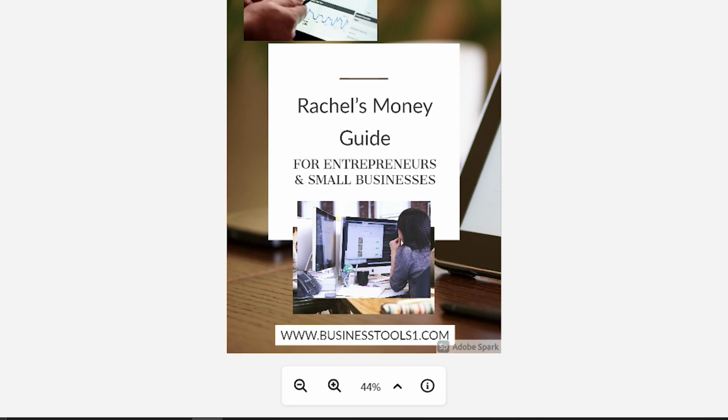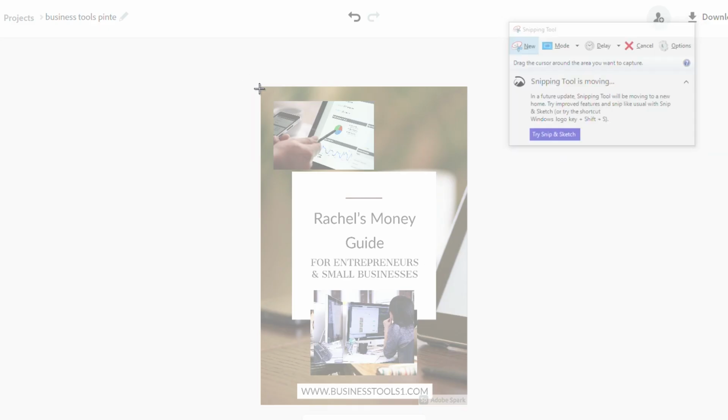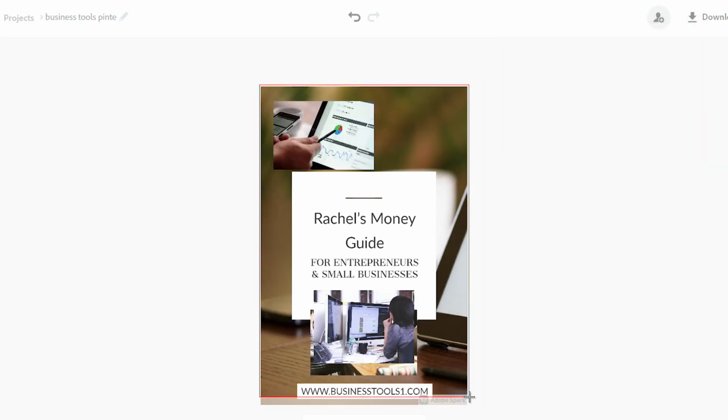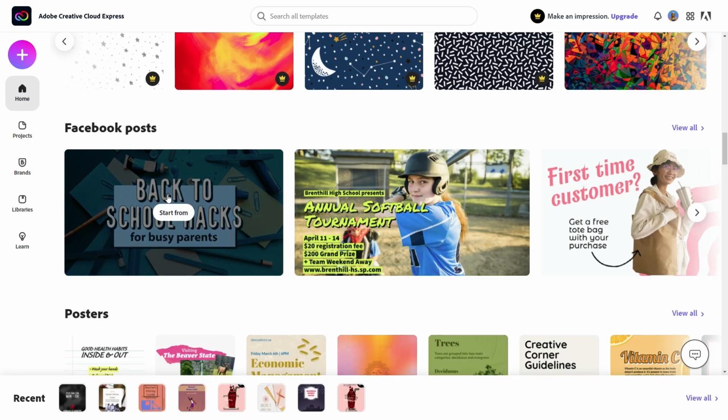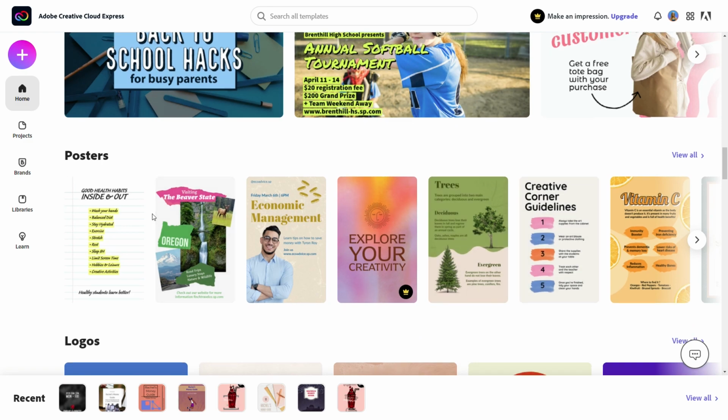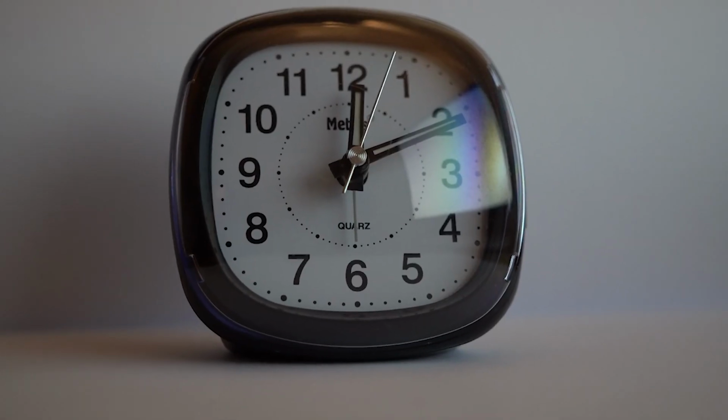If you want to remove the watermark, simply use screenshot software like a snipping tool and you're good to go. As you can see, it's easy to create those designs with Adobe Spark, and that's because all the templates are almost complete, and that would take you nothing less than 10 minutes.